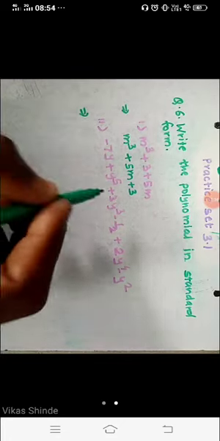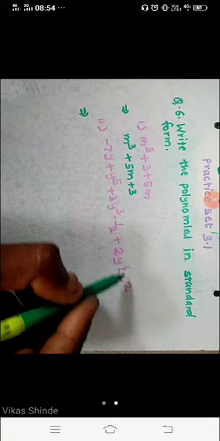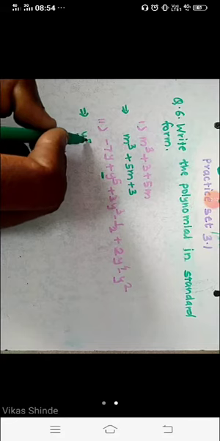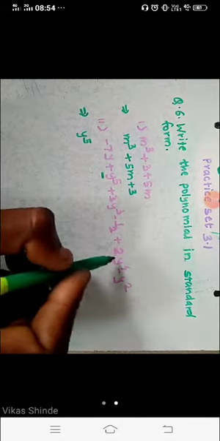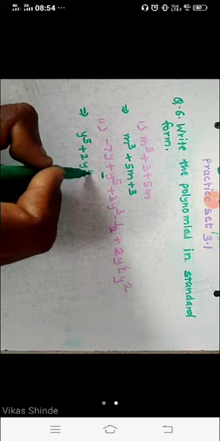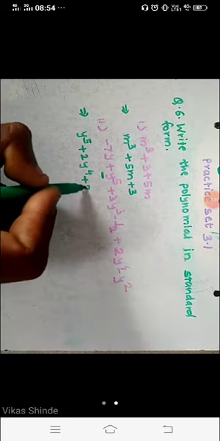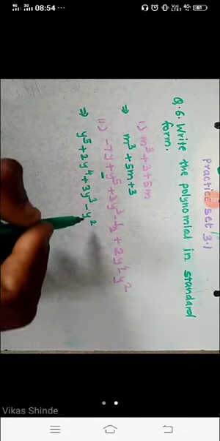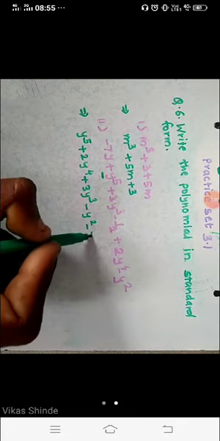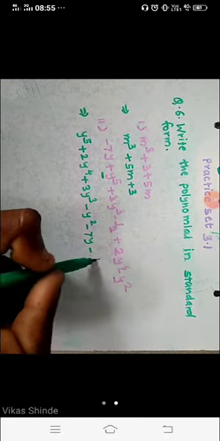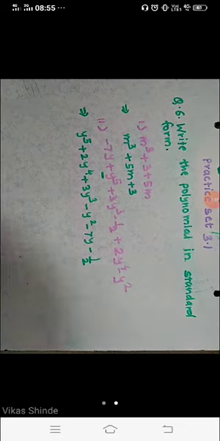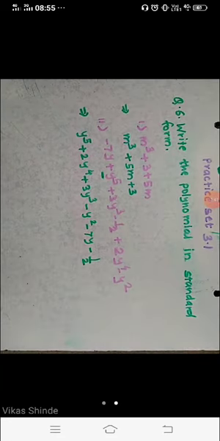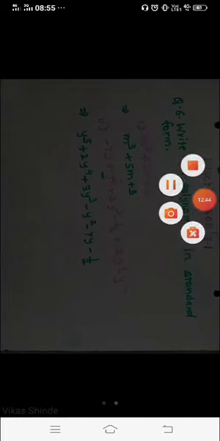Now the second one question here, student, here is fifth index, here is third, here is fourth, here is second, here is first. So first of all we have to write the fifth index term here, so write here y raised to 5. Now look here, fourth index term is here, plus 2y raised to 4. Now write third index term here, plus 3y cube. Then write now second index term, here is minus y square. Then write first index term, student, here is minus 7y, and write zero index term means minus 1 upon 2 here. Look carefully, fifth index, fourth index, third, second, first, and zero index here. This is the standard form of the polynomial.